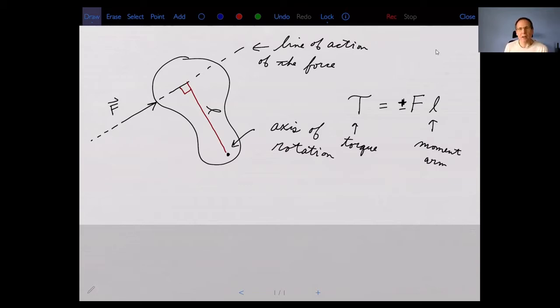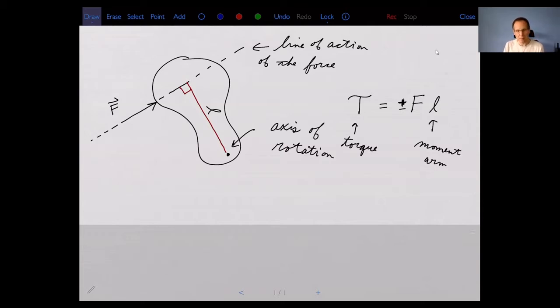And generally, L is probably the trickiest thing to find when you're dealing with torque problems. You typically have to use trigonometry to figure out what L is because the object tends to be at some particular angle. However, in this lab, we're going to keep things pretty straightforward. It turns out that our moment arms are always going to be nice horizontal distances. So there will be no trig needed for this particular lab. But in general, it's that distance which is perpendicular to the line of action of the force to the axis